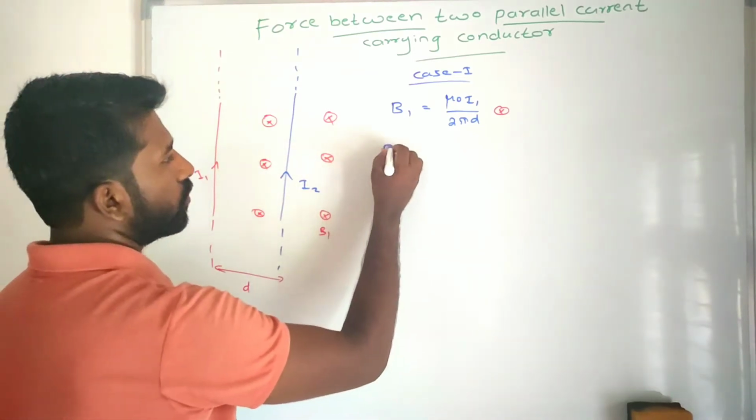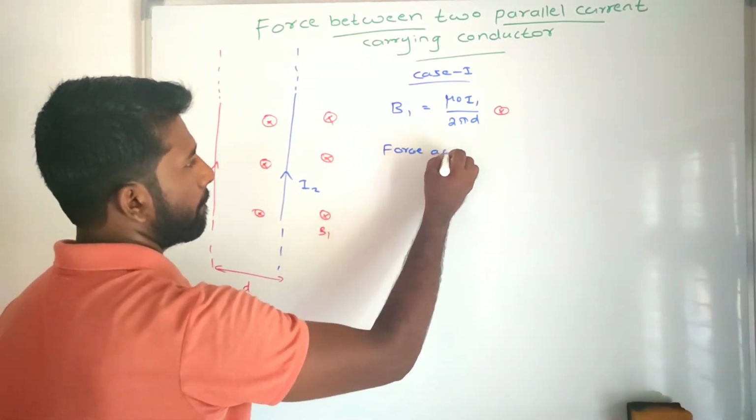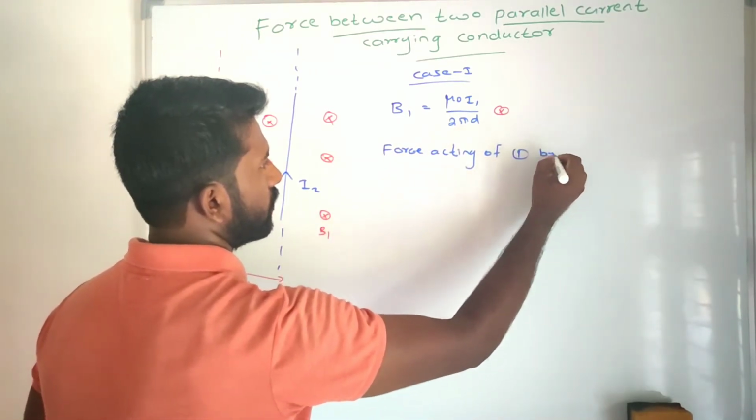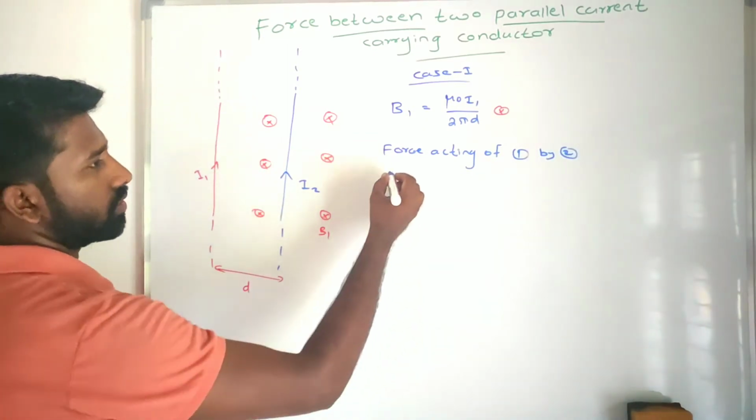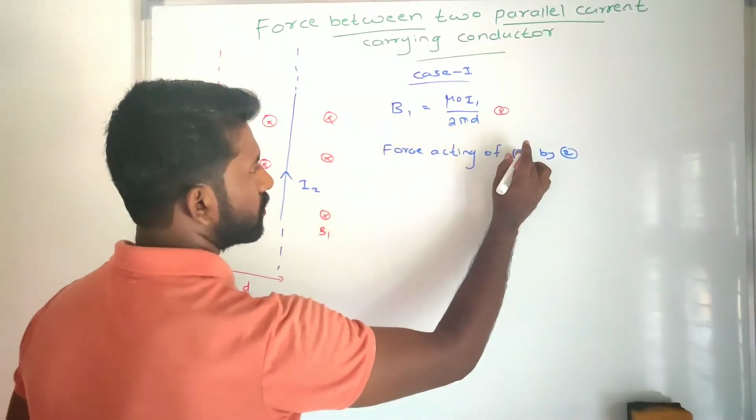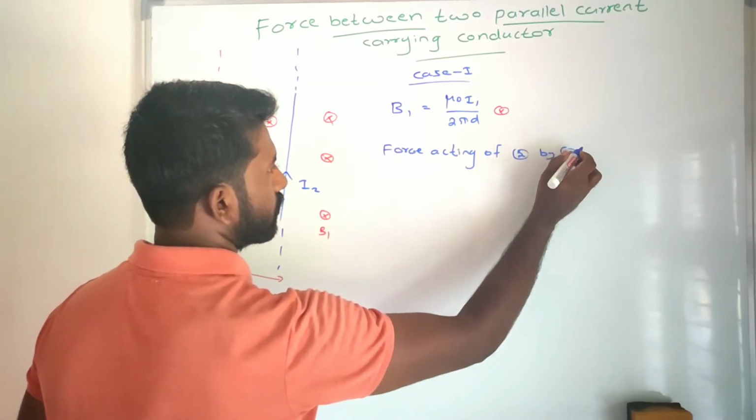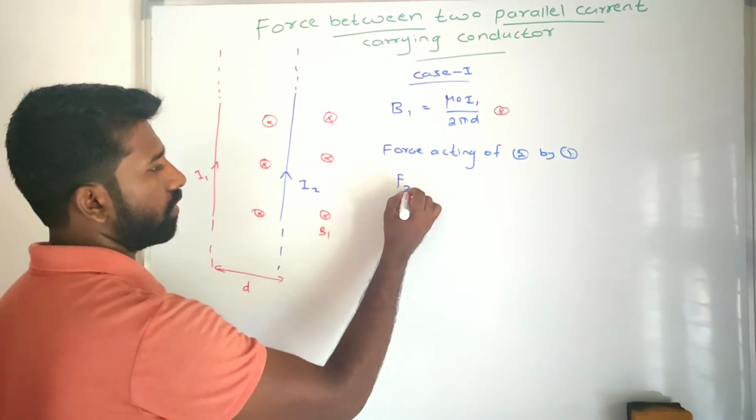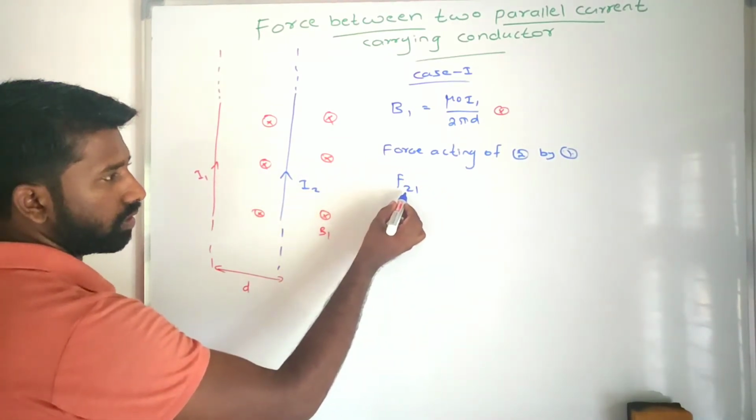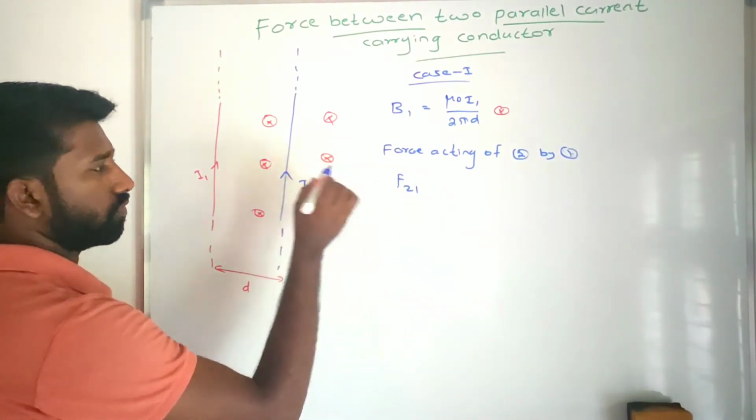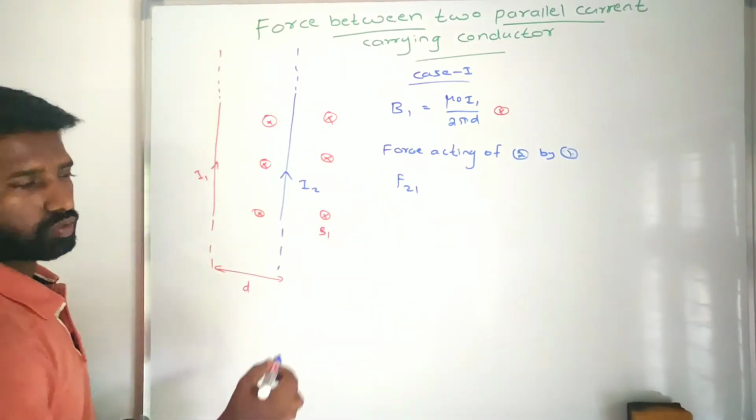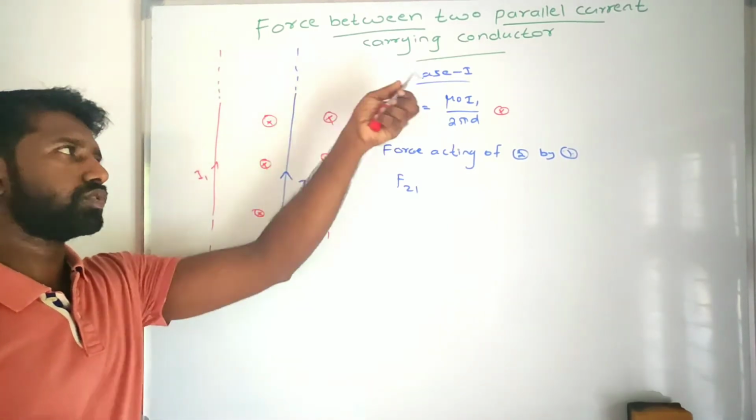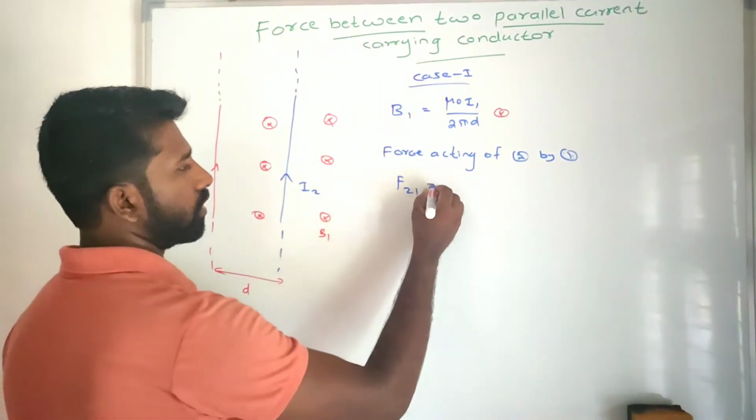So how will we represent the force? Force acting on the second conductor by the first conductor is F21. The conductor on which the force is acting is written first. The force is acting on the I2 conductor, so 2, and it is being caused by I1, so 1. How is the second conductor experiencing a force? Because the first conductor is producing the magnetic field. That F21 is equal to